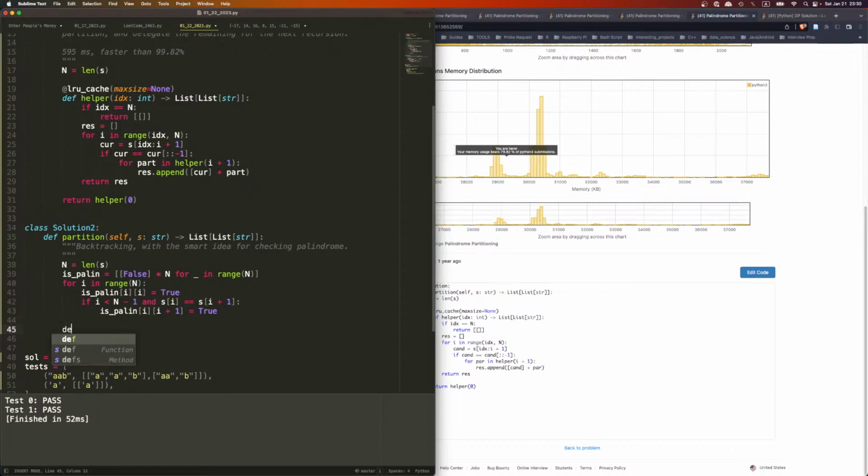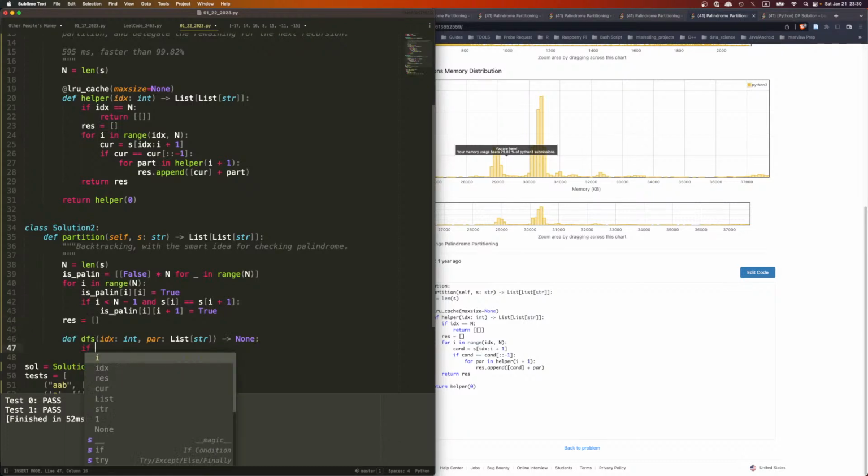Once we're done, we can say def dfs. We have our index and our partition, and this one will return nothing. And then we'll have a result here. Okay, so we say if index is equal to n, so we go to the end, so res.append partition. We need to copy it, right? Else